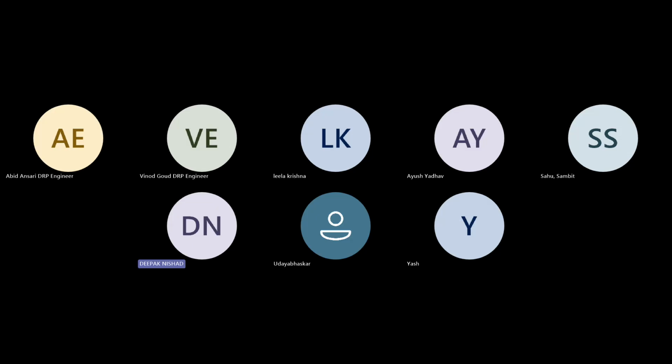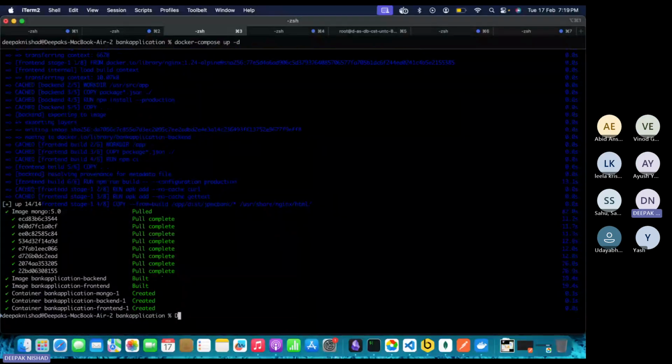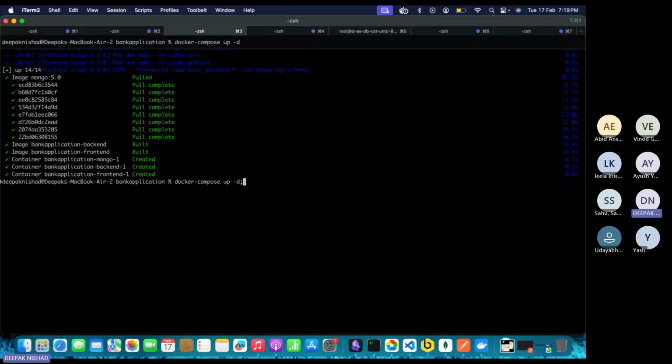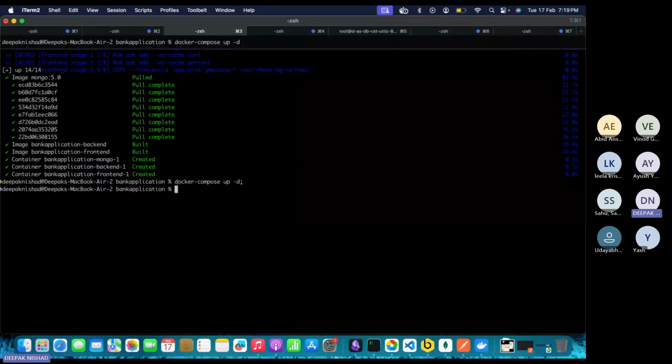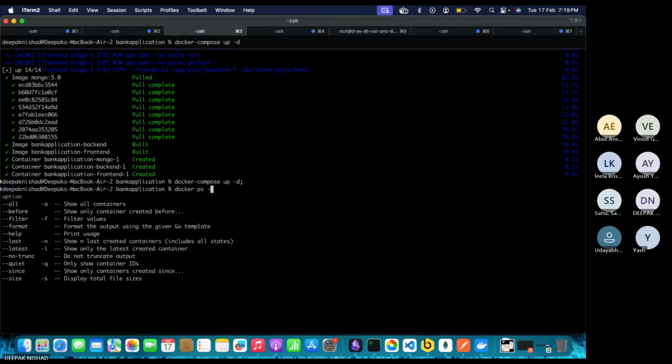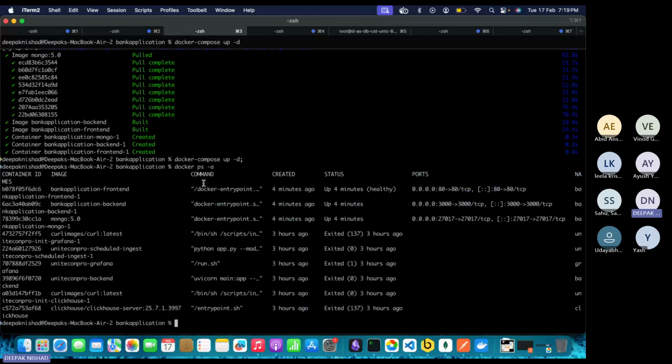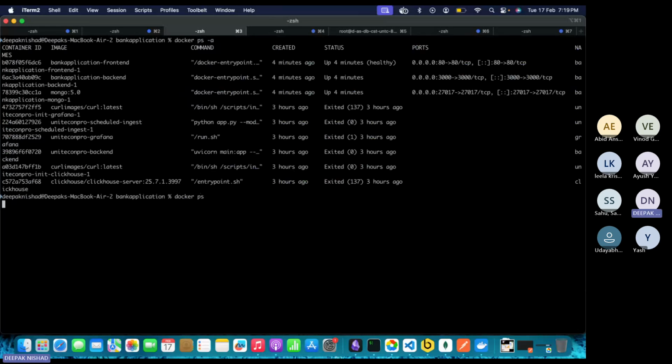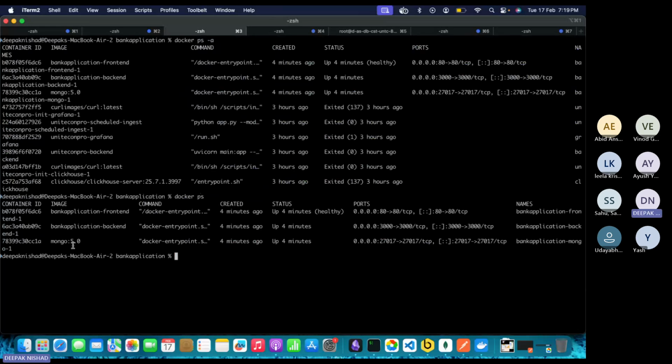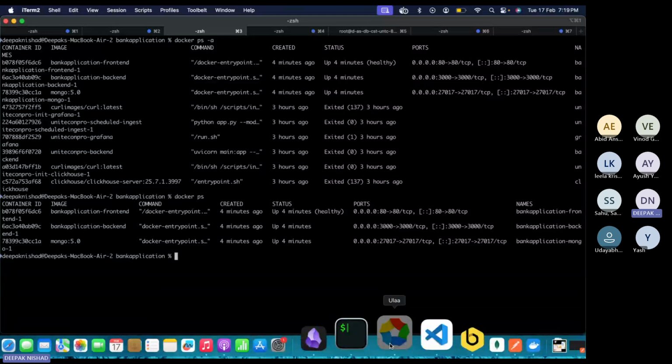That first to explore this. This is the command you have to go through. docker compose up -d. So this will bring up all of your application up and running. docker ps. So this is front end, this is back end, this is MongoDB. You can go from here,